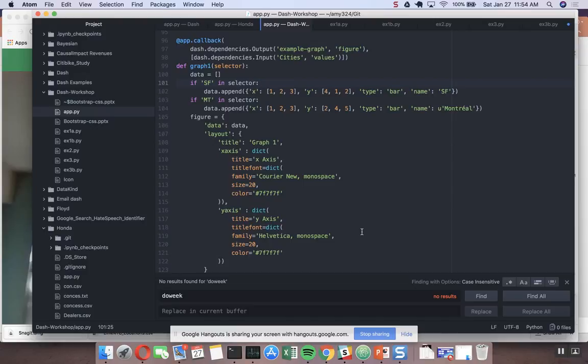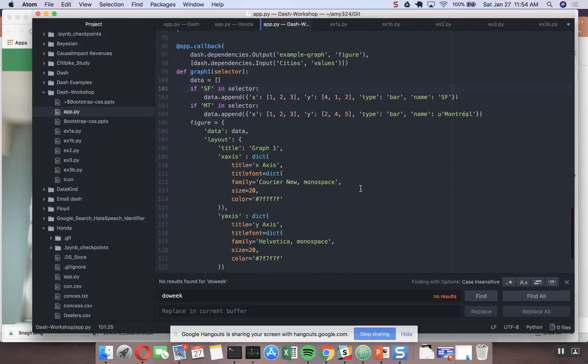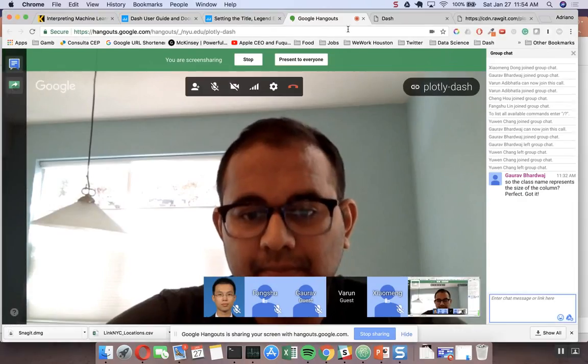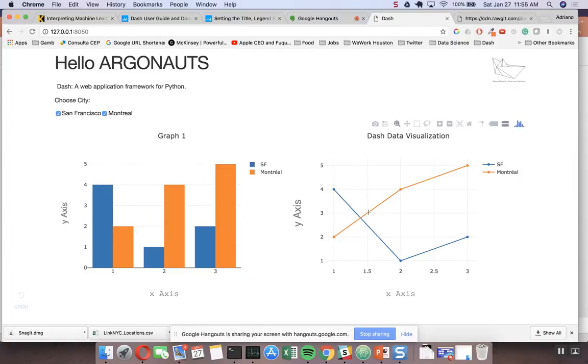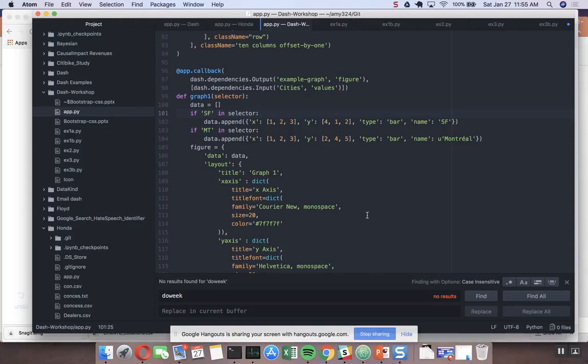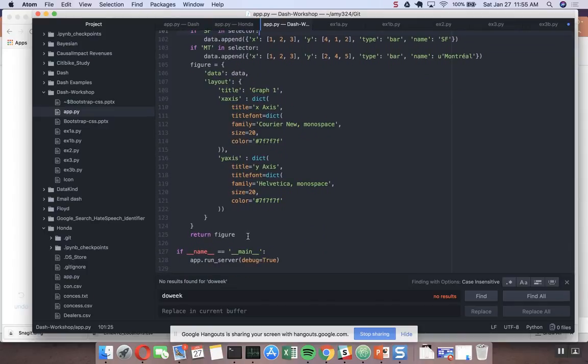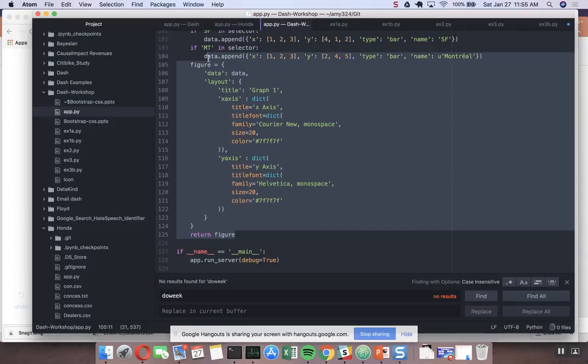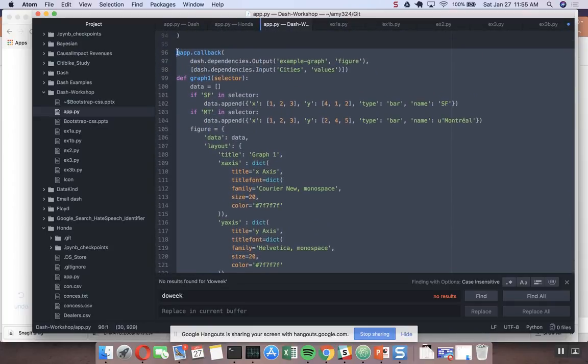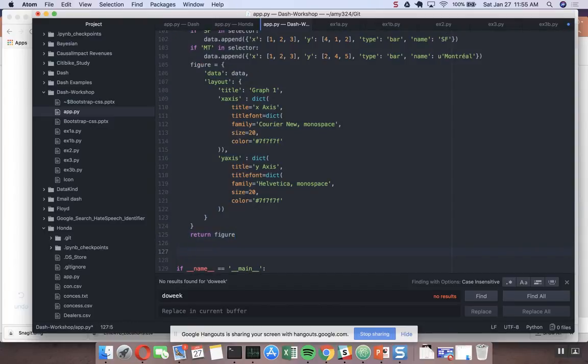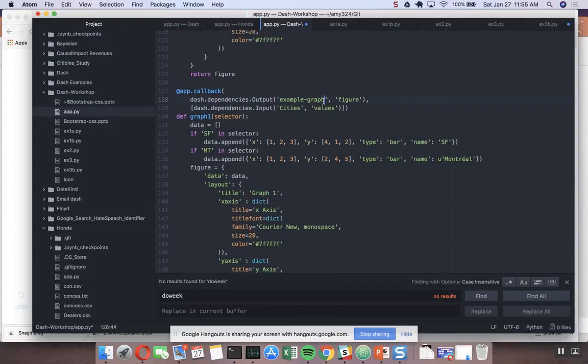Thanks, Varun, it's a pleasure. To reinforce our learning here, I would like to do that again, but for the second graph, because our app right now just updates the first one. So how can we make this also change with this selector? It's actually very simple. If we copy and paste this callback here, and change the output to example graph 2, and of course change here the line that we were using before,